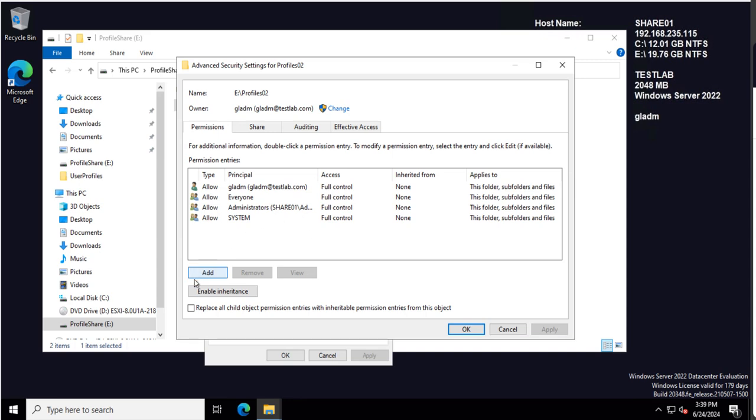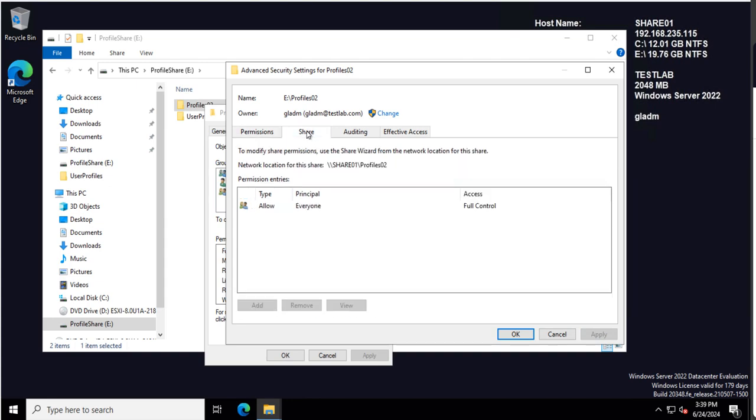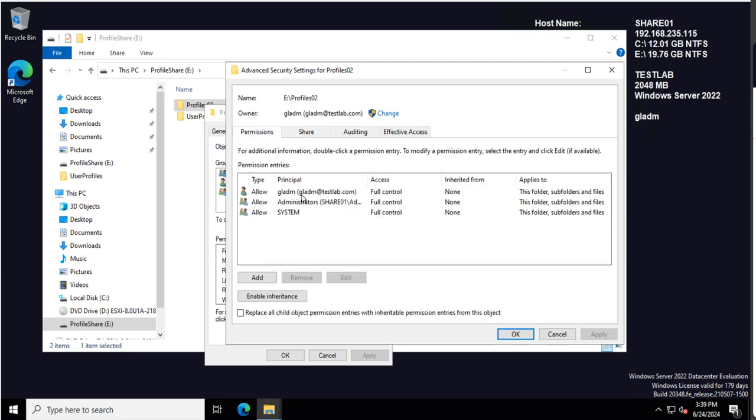So first thing you have to do is to disable the inheritance in case it is enabled. So in our case, it's not. And remove the everyone and apply. On the share side, you leave it like this, everyone full control, but here only the administrator, system,